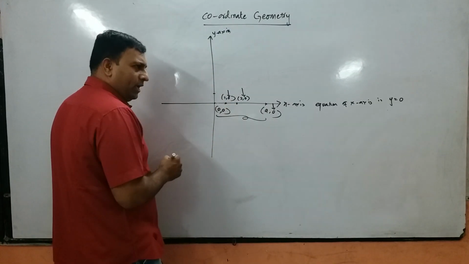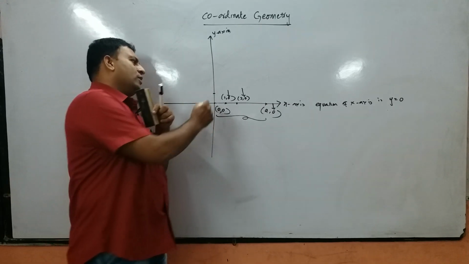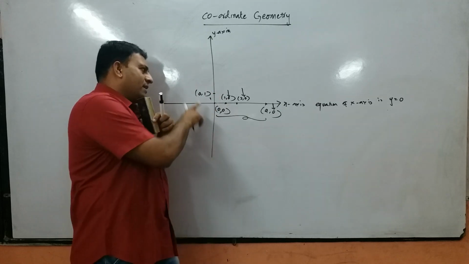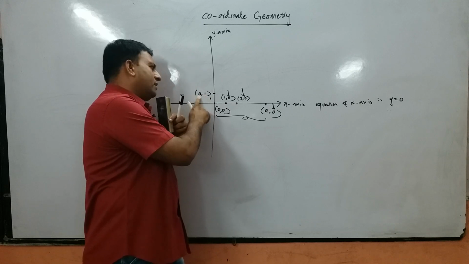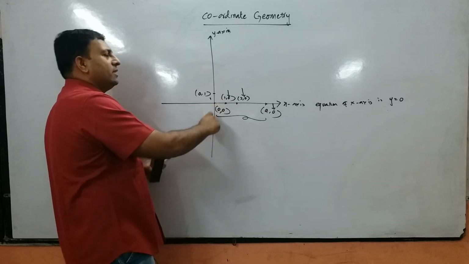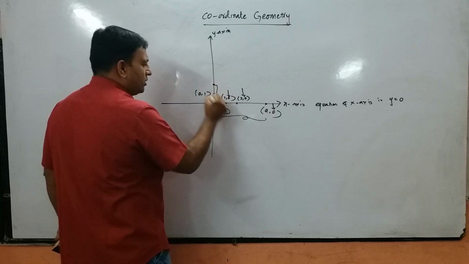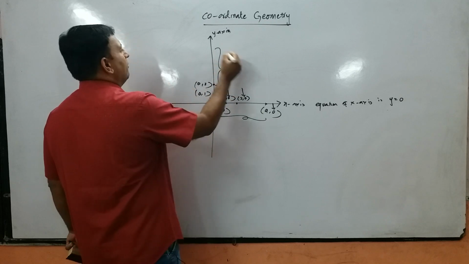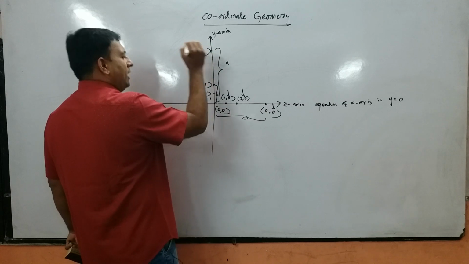Similarly, you take a point here on y-axis, and this point is, let us say, 1 unit away. So, this point can be written as 0, 1. Refer always: this refers to the x coordinate and this refers to the y coordinate. Means this is on x-axis how many units it is away, and this is on y-axis how many units it is away. Similarly, this point is at a distance of 2 units on y-axis, so I call this 0, 2. Like that, there is a point which is a units away, and I call this point 0, a.